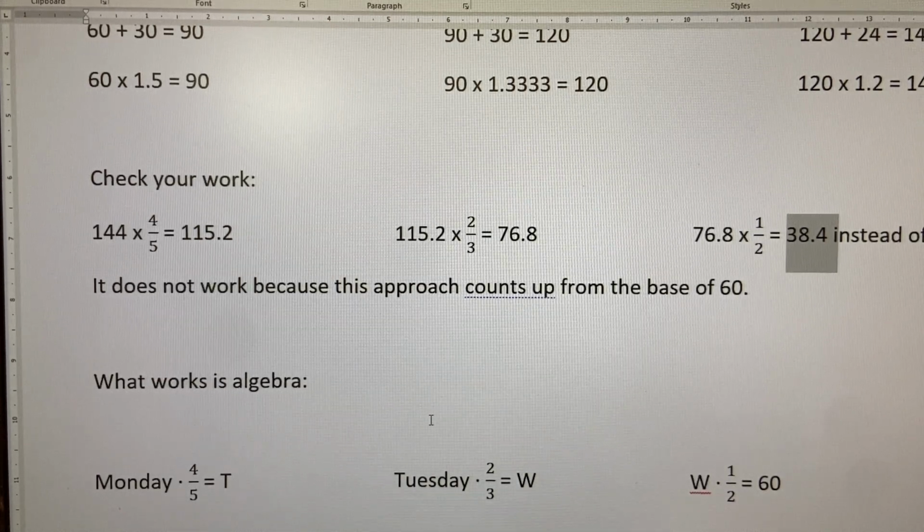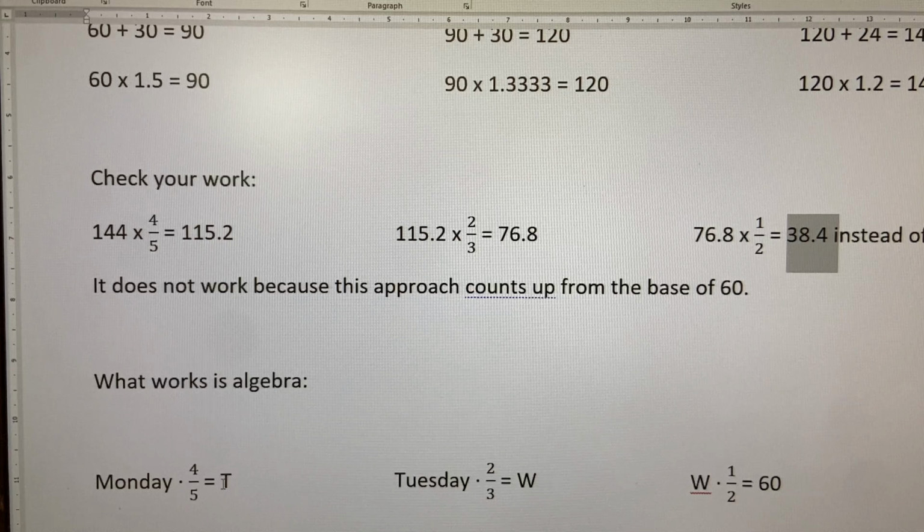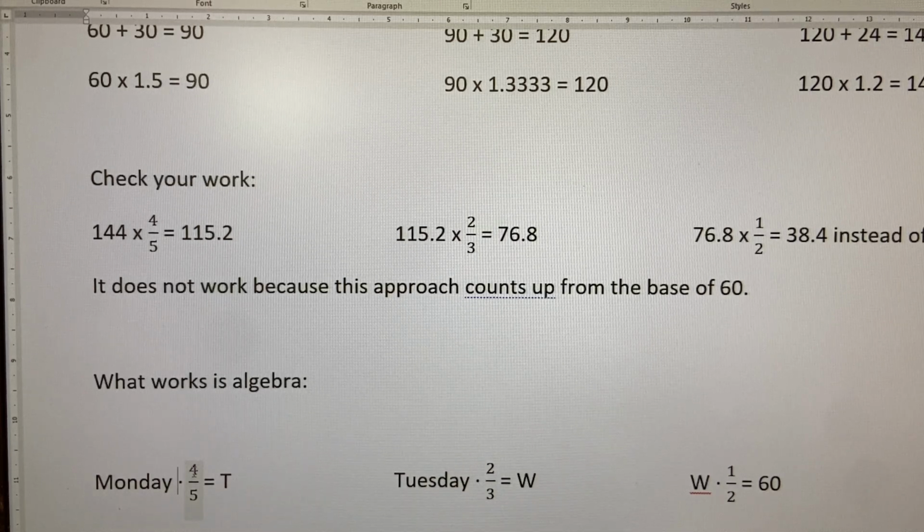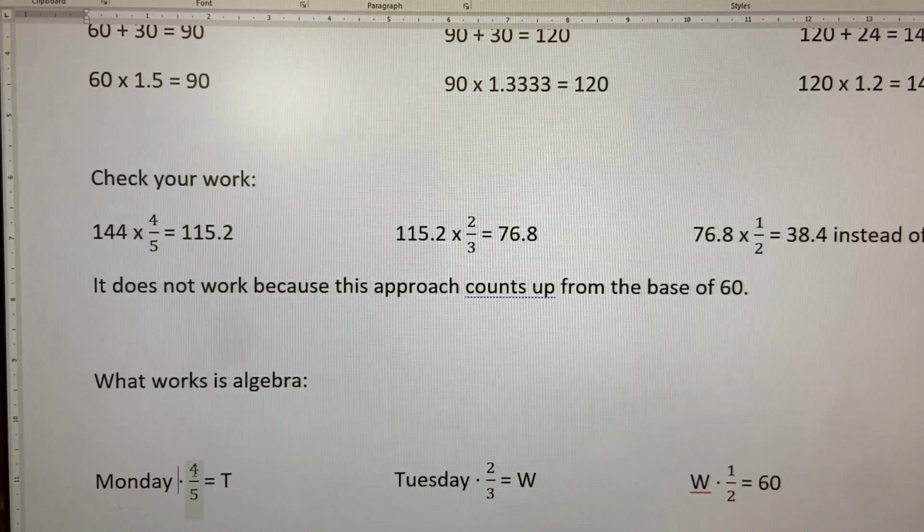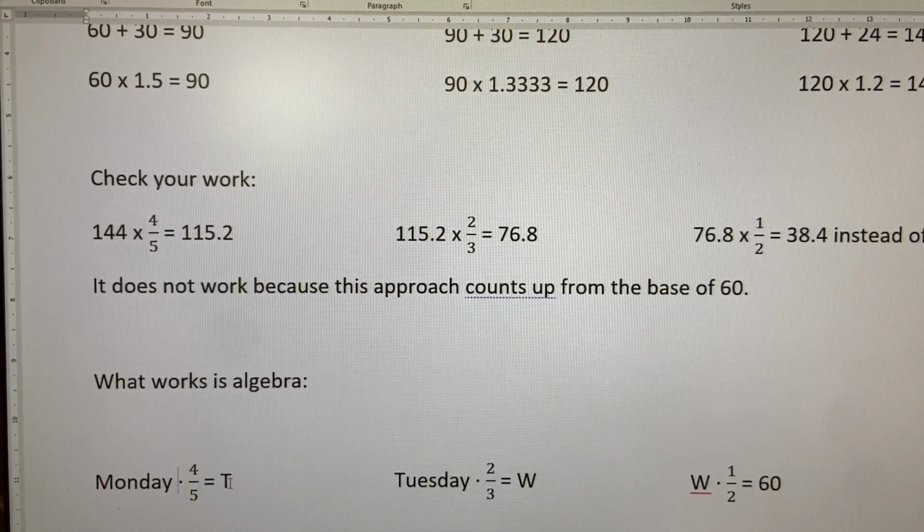So consider this here. The Tuesday amount is generated by starting with the Monday amount, and this middle dot or center dot here is multiplication. So, multiplying it by 4/5 of it, because 1/5 is spent, so it's subtracted, so what's left is 4/5 of it again. So that makes the Tuesday amount. The Tuesday amount then can be plugged in here. Everything that's printed here can be plugged into the formula, and a Tuesday amount